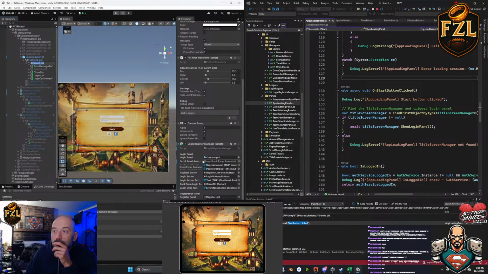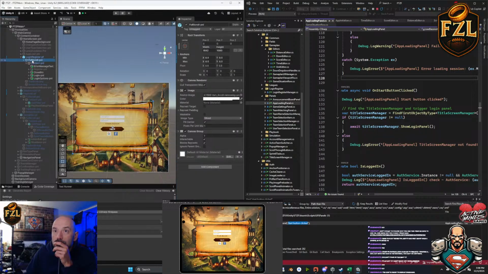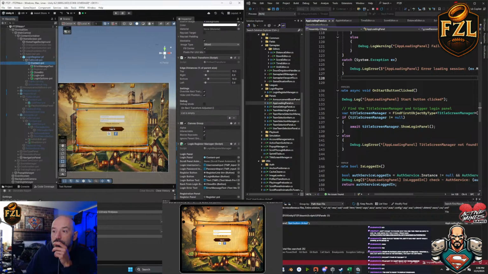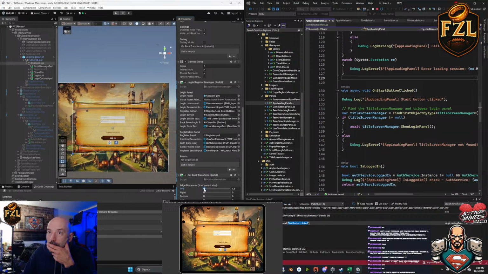I think I am going to change this object. And this guy is a stretch. Yeah, all right, so we're going to cheat with this item. We're going to go add component, rect transform. And then I am going to drop this guy in there. And we're going to go to the right and to the left. And from the bottom,